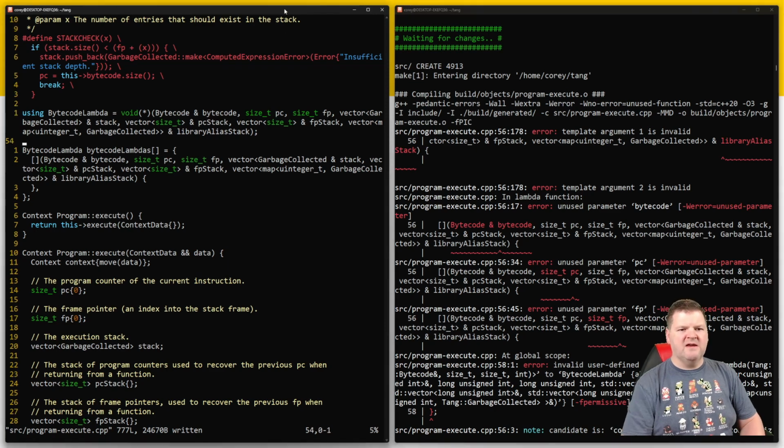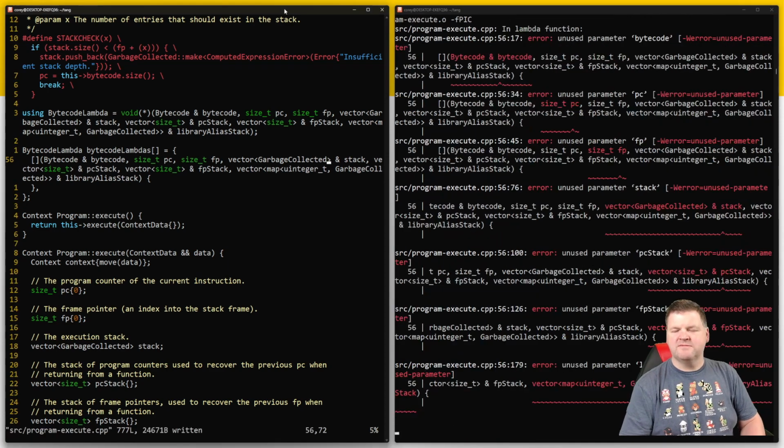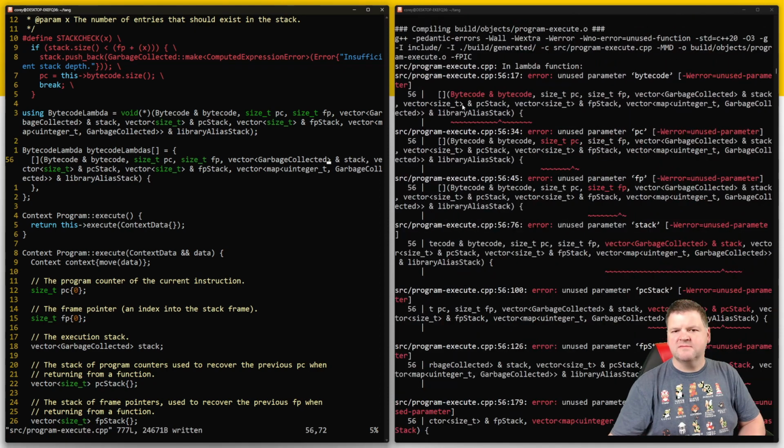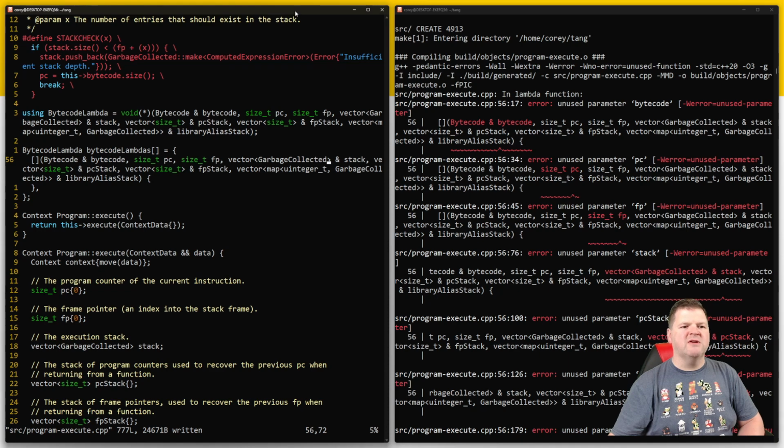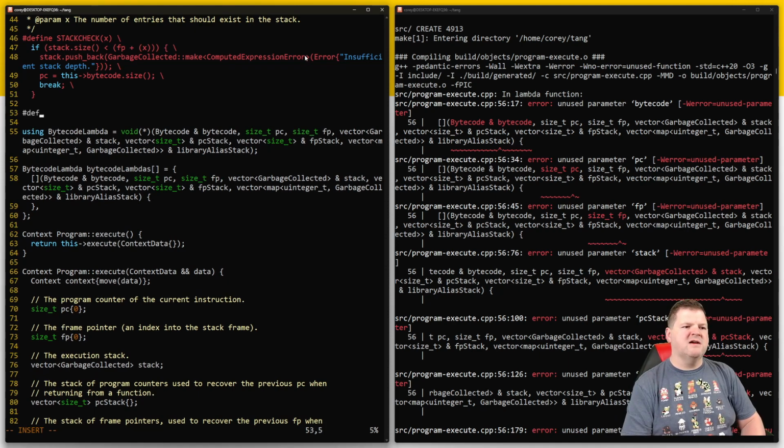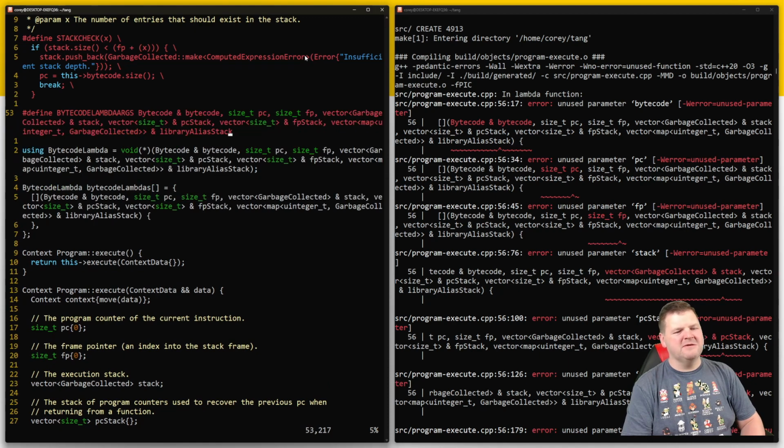Oh, I had a problem with vector up there, which probably means I have a problem with the vector here. Now I'm getting an unused parameter. Okay, now here's the question: can I just say pound define bytecode lambda args as that, and now say